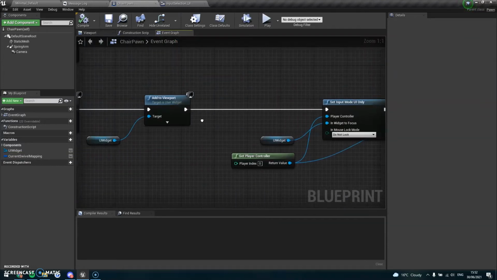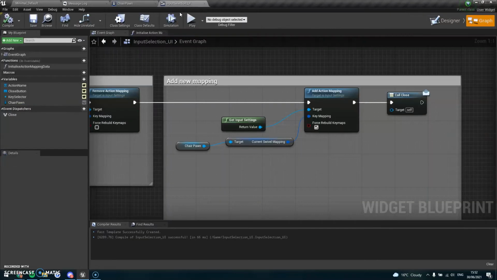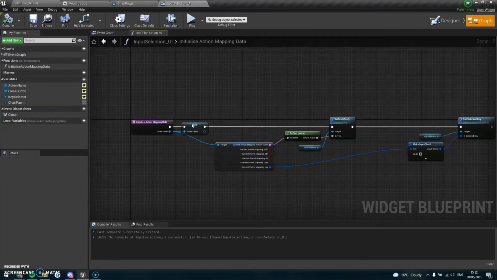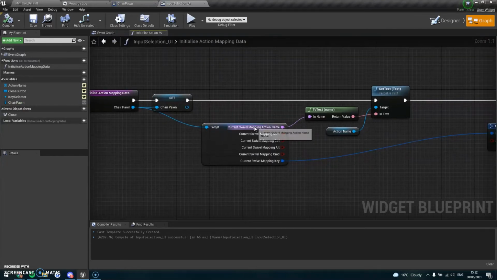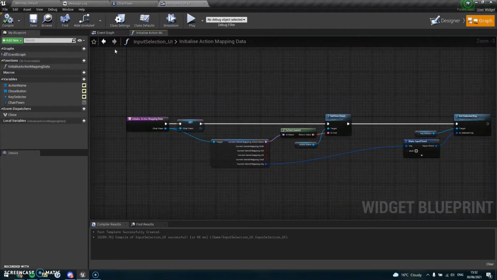show the UI here, we can call this function called initialize action mapping data. And that is part of the input selection UI widget I've created. What this function does is it will just pass that data from the chair pawn to this widget. And let me just show you what